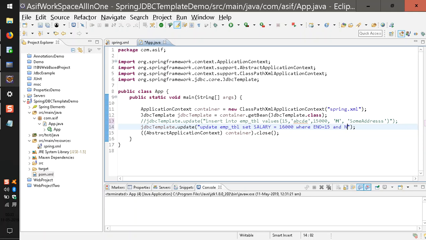Okay, it has executed without any issues. So let me consider it as success and let me run the query again. You can see the salary got updated successfully. Okay, now what I'm going to do is I'm going to